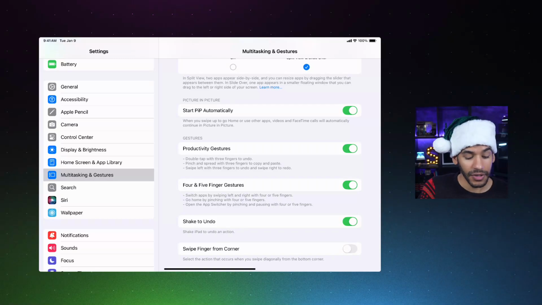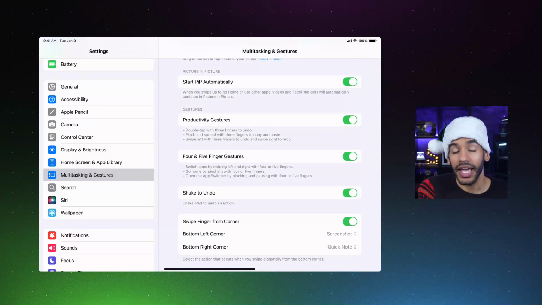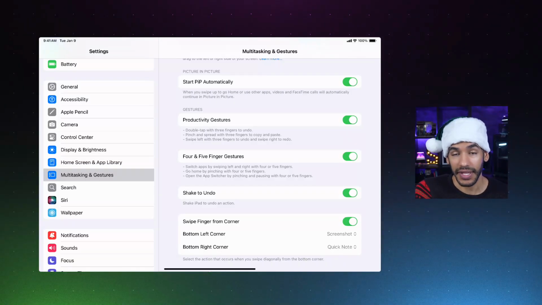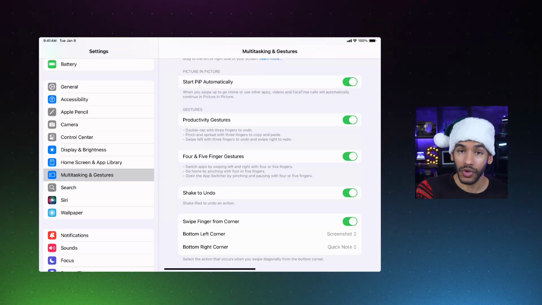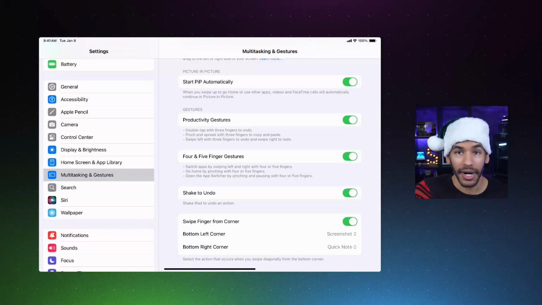Instead, it's bringing up the multitasking pane. But if I tap on swipe finger from corner to toggle it on, now I have choices. And here's the cool thing. It's not just a quick notes feature. You can actually set it to bring up screenshots. Now, note that it's only the bottom left corner and the bottom right corner. Swiping from the top left or top right is not an option here, mostly because we have Control Center on